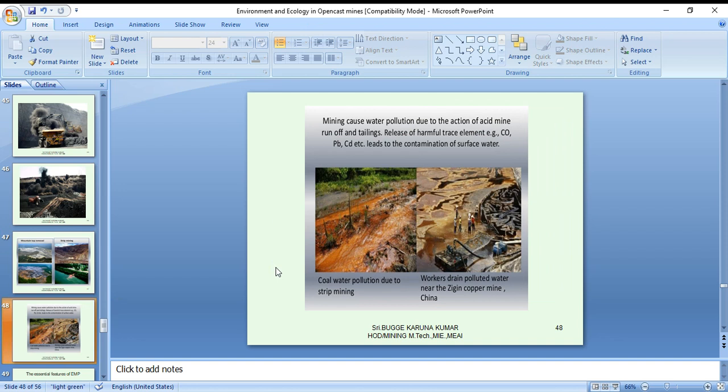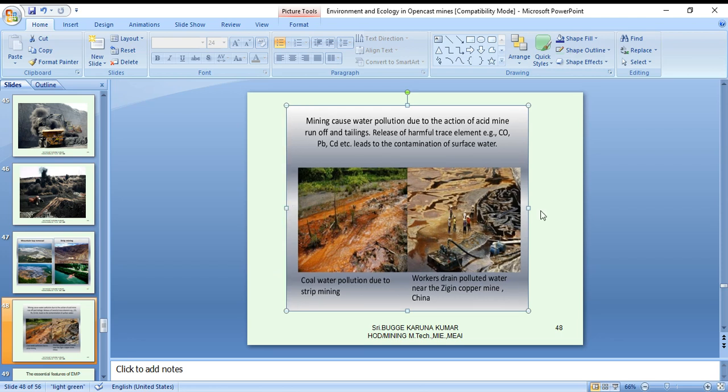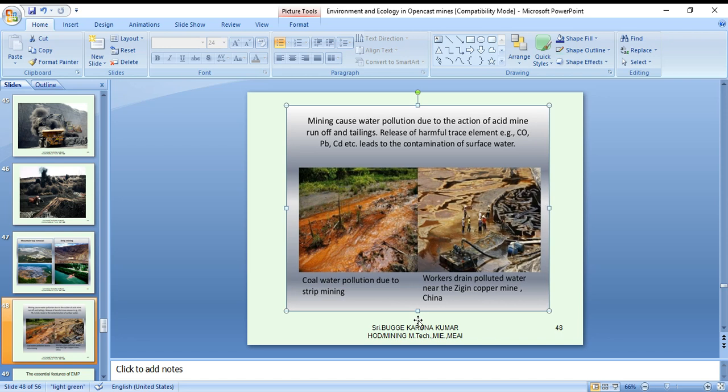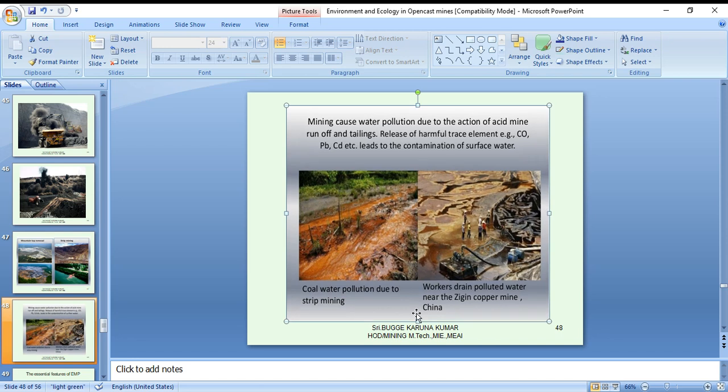Mining causes water pollution due to the action of acid mine runoff and tailings, releasing harmful trace elements, CO, PO, carbon monoxide and lead, cadmium, etc. This leads to the contamination of surface water. It's very dangerous. From the water point of view, what is the nature?